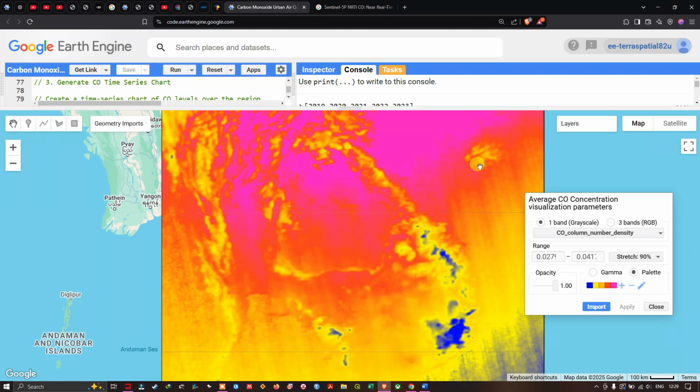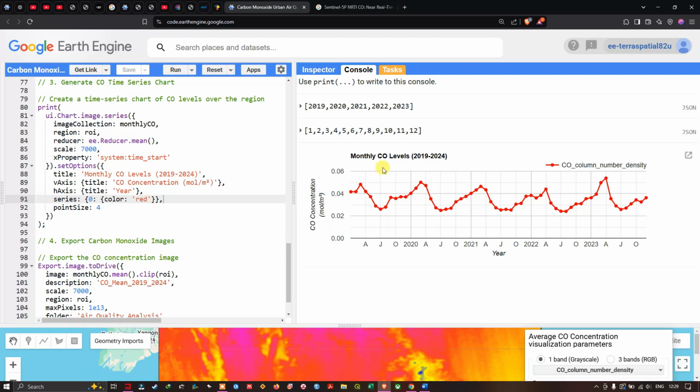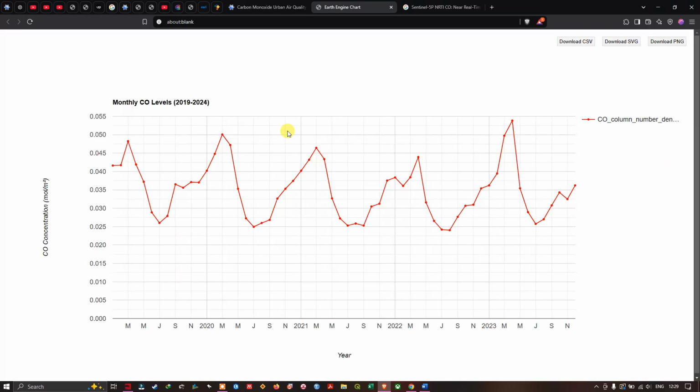And now let us take a look at the time series chart of the study region, the carbon monoxide level for this study region. So we have selected Thailand. So we're going to visualize it. Here you can observe the monthly carbon monoxide level from 2019 to 2024. This axis represents the carbon monoxide concentration in moles per meter square, and this axis represents the year. From this you can visualize that the highest level of carbon monoxide is observed during March, and